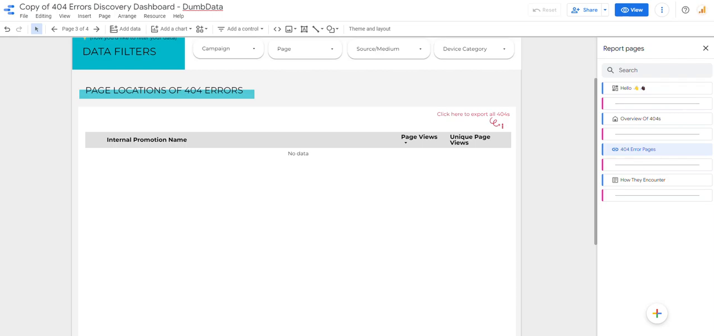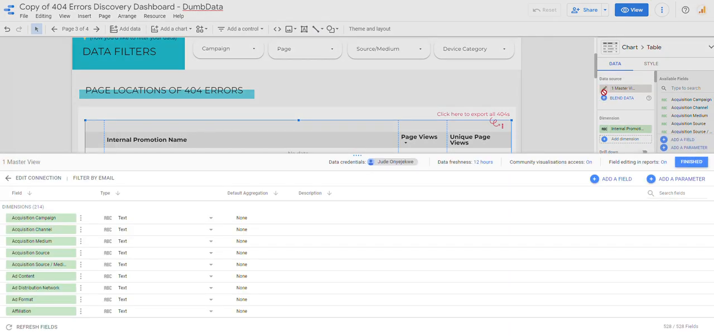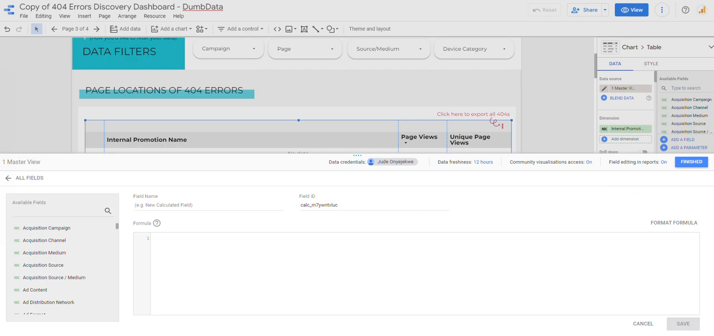What you just do is come to this page, you click on this part, edit data source. We'll be creating a calculated field on the data source level, right? Not on the chart level, but on the data source level. You click on add a field right now, then you copy this